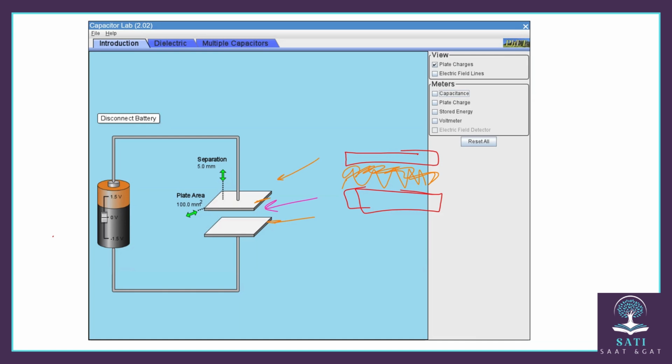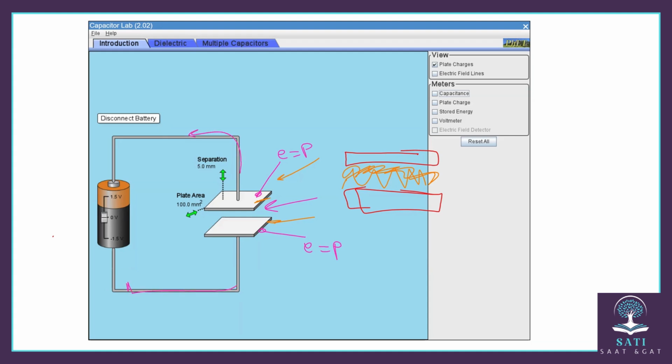Now, as we know, for the nature of the materials on this plate and this plate, the number of electrons equals the number of protons. So these two plates are neutral, which means they are not positive and not negative. Okay, now what will happen if these two plates are connected to